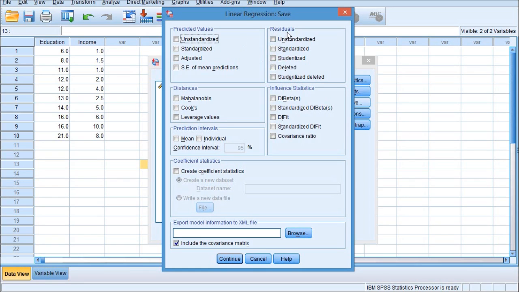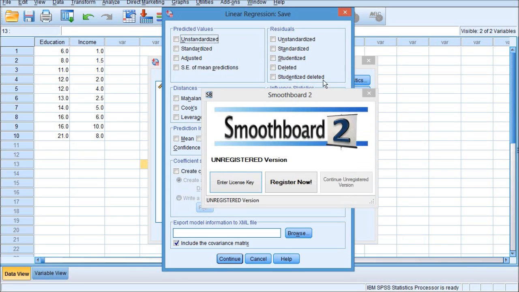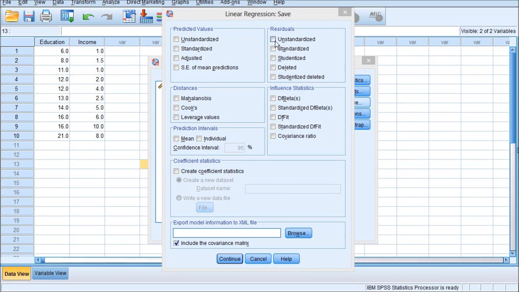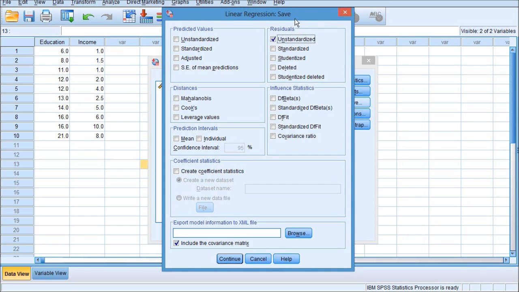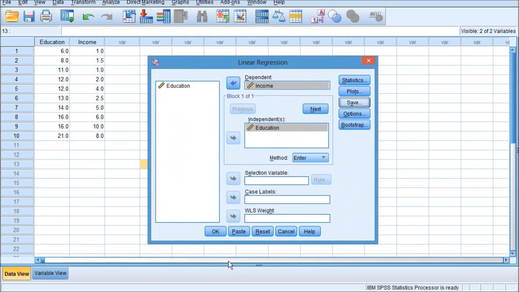Okay, so click these residuals. I mean, mark this unstandardized here in this residual or estimation error box. You're going to use this information for assumption testing. Okay, click Continue button here, and click OK button again.